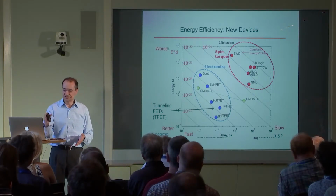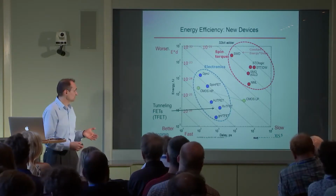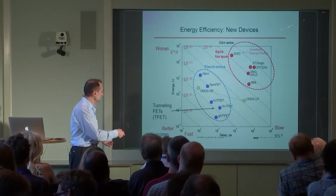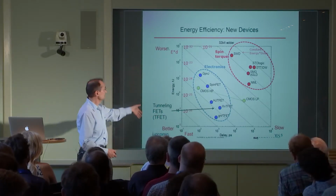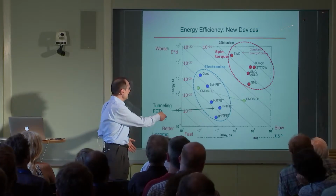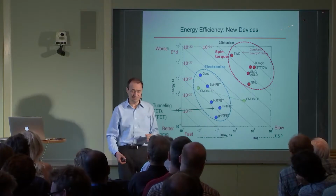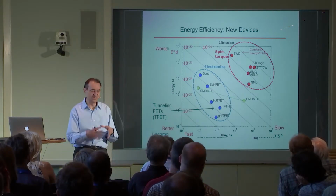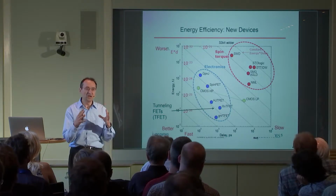There is this graph from Intel where they're looking at all different types of devices. Here you have the speed, and this is the energy consumption. CMOS is here, and then there's a bunch of other stuff. This is tunneling FET. So what we did is we looked at building a processor and a GPU where you